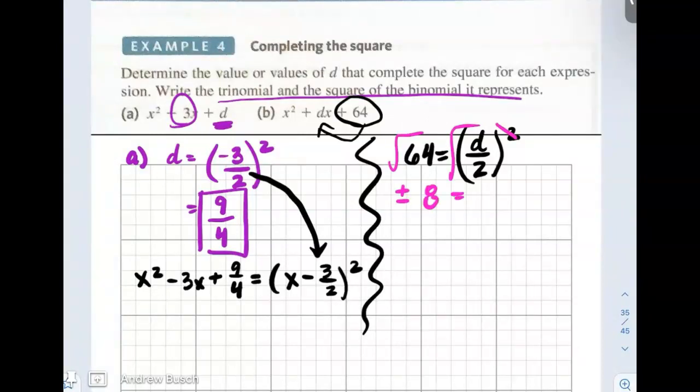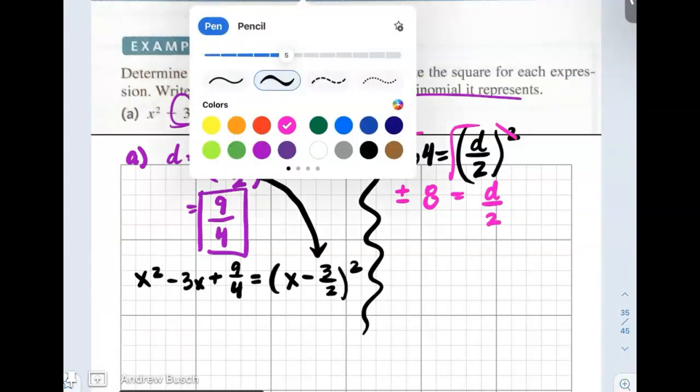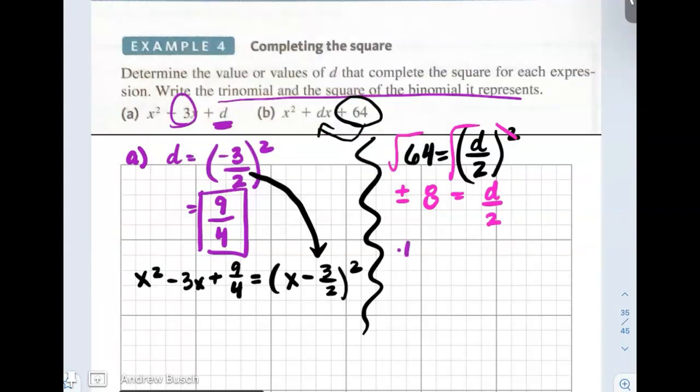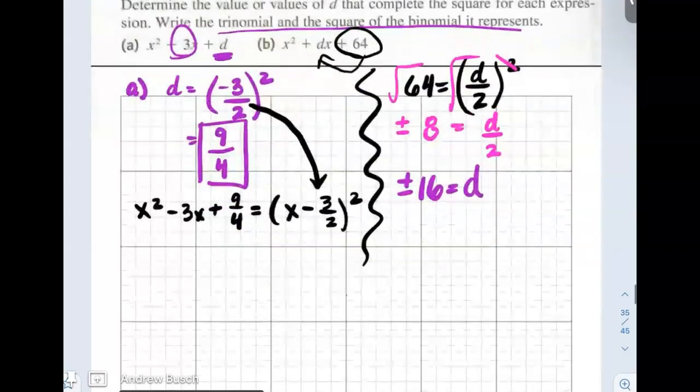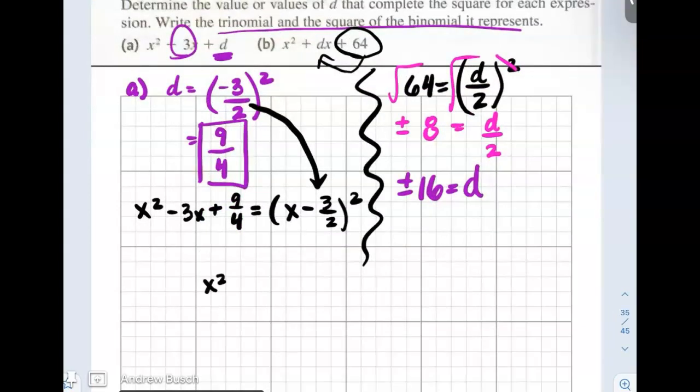And then you get D over 2, and you're going to multiply both sides by 2. So you're going to get plus or minus 16 is the value of D. So then writing it in that final way they want, you're going to have actually two answers. You're going to have x squared plus 16x plus 64. And then that would factor into x